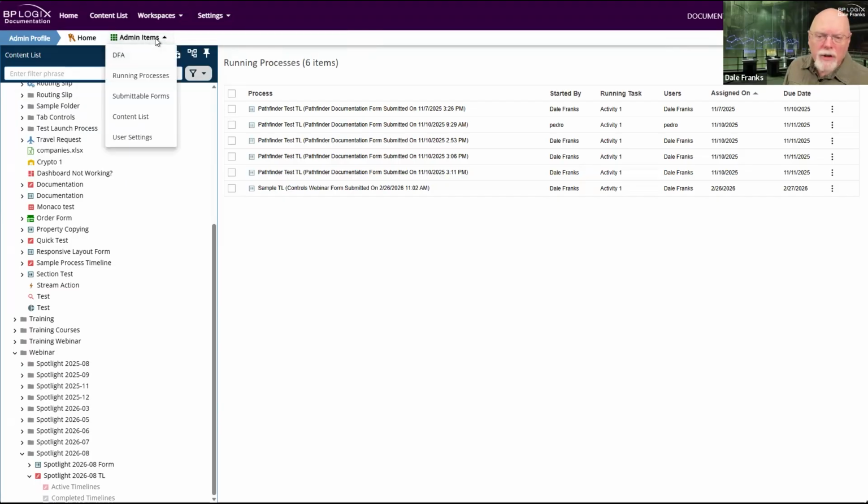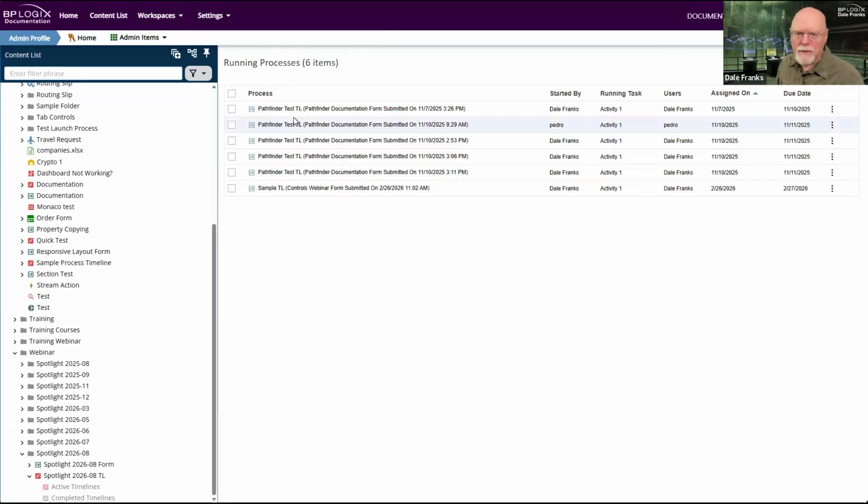The dropdown is just a continuation of that. I used to have buttons for all of these items. These 5 items used to be navigation bar buttons, which of course took up a fair amount of horizontal space. With this dropdown, I can now place them all in an admin items menu, and then I can just pick them as I need them. And it now leaves me plenty of space for additional items that I might want to place inside the workspace navigation.